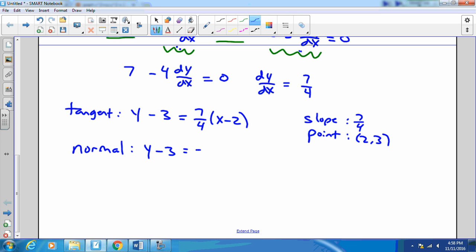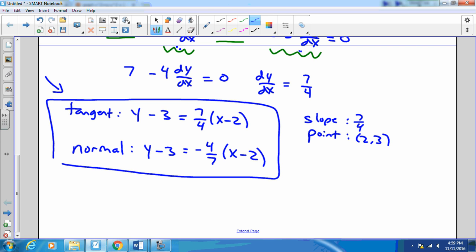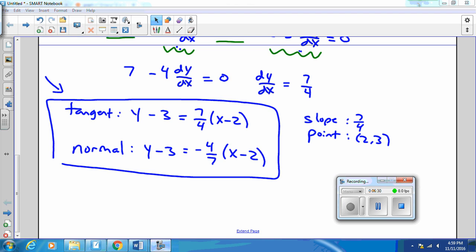Meanwhile, the normal line is going to be also y minus y1 equals slope times x minus x1. But now our slope is the negative reciprocal of the tangent slope. This is the right way to show your work, guys. Clearly identify and label the tangent line and the normal line. Well, I hope